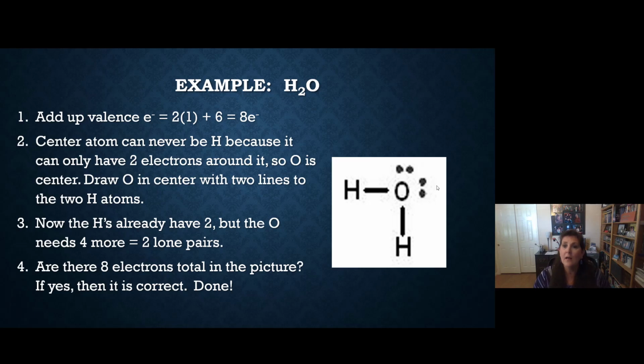Now, check. I have 8 electrons in my drawing total. 1, 2 in the bond, 3, 4 in the other bond, 5, 6, 7, 8 is dots. Does that equal step 1 what I added up? 8. It does. I have 8 in the picture and 8 electrons is what I added up. So the check worked out. Single bonds worked. There's no double bonds in water. All right, great. Let's look at one more before I send you off to look at some other examples.